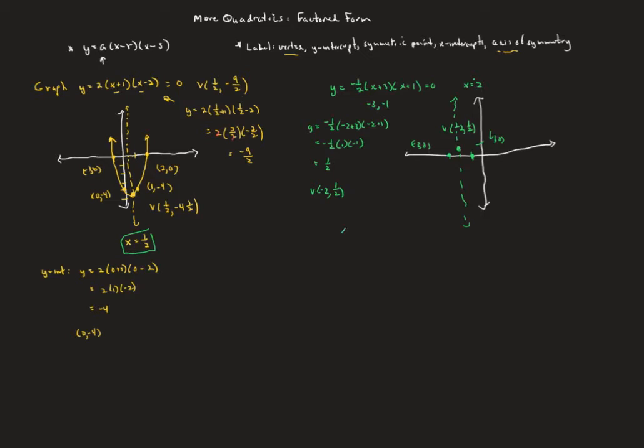I'm going to plug in 0 for the x, so y will be -1/2 times 0 plus 3, 0 plus 1, and so that's going to be -1/2 times 3 times 1, so that looks like -3/2. So our y-intercept is going to be (0, -3/2). I'm going to put that halfway between -1 and -2, and you can label it either as a -3/2